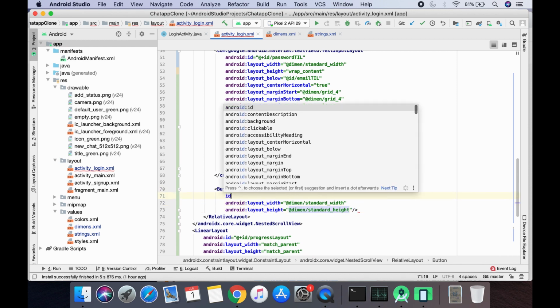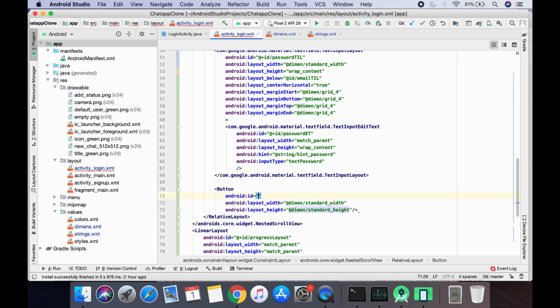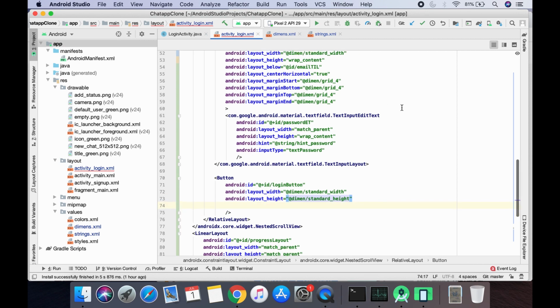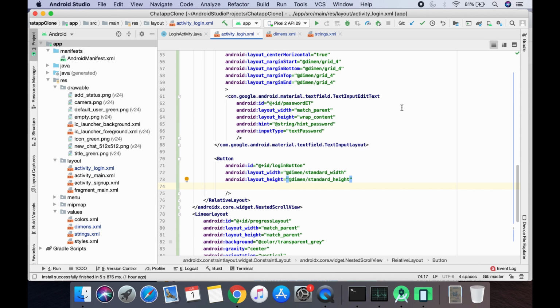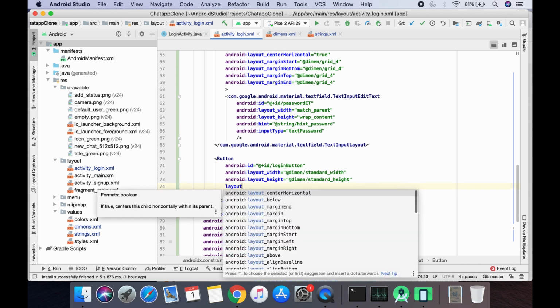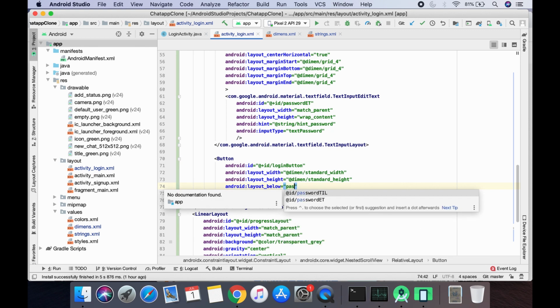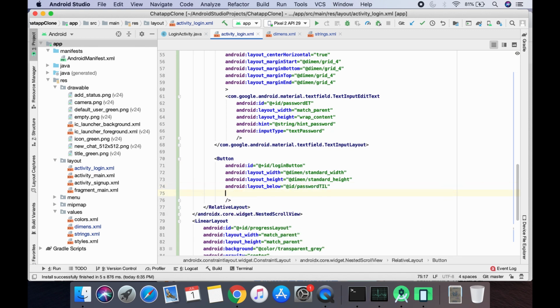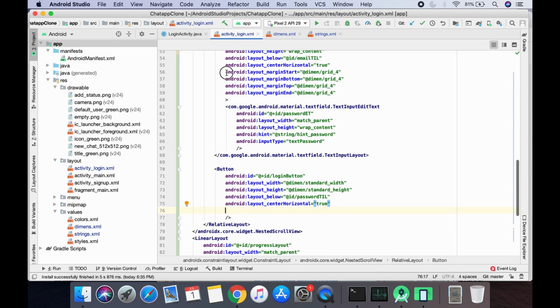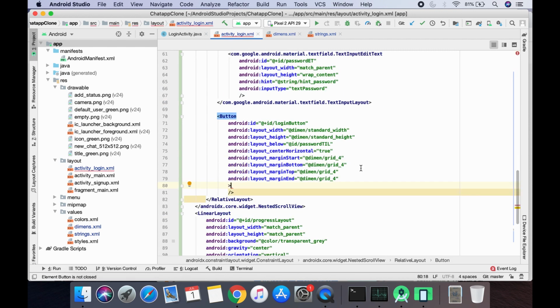okay, and give it an ID of login button. Okay, then it would be below the password TIL, and center horizontal will be true. Then we need these margins again, all four we will copy and paste over here,